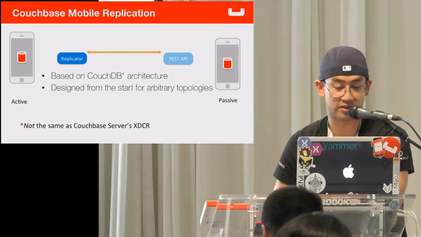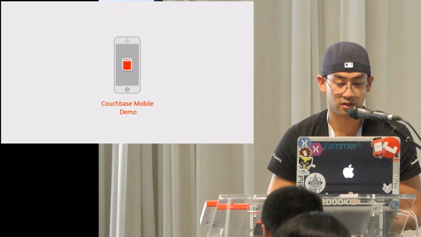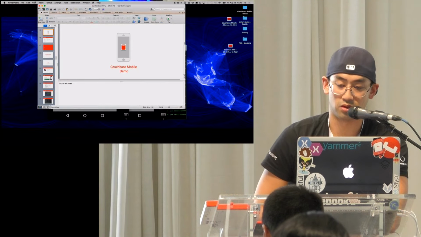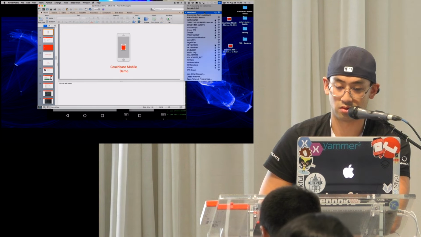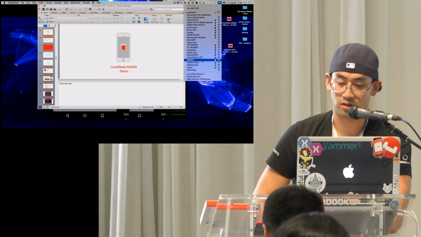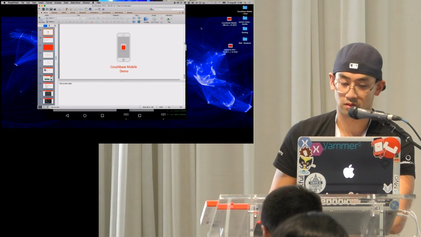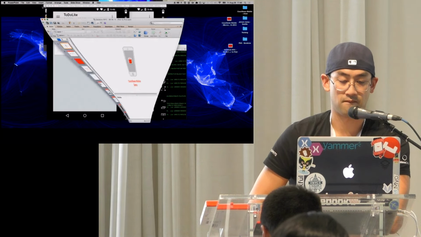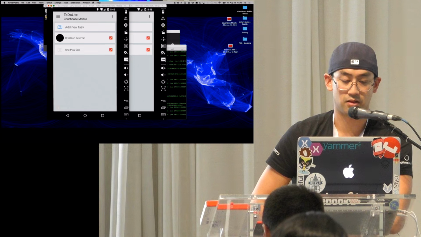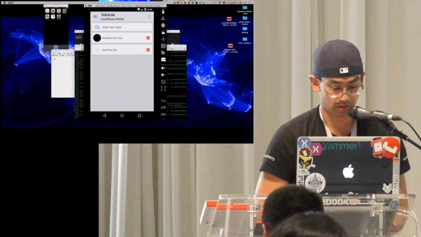Yeah, let's see this in action, peer-to-peer. So this one I'm going to go on the same network because T-Mobile won't allow it. So Droidcon. Let's kill this server. I don't need it, right? It's peer-to-peer.